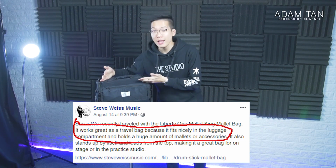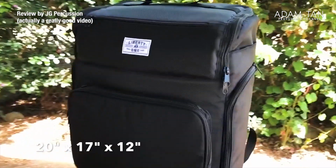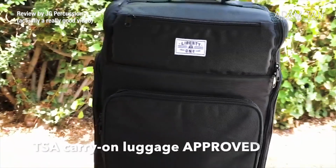Now, some people have actually said that this bag would be really good for travel, and some people have gone even as far as to say that this bag is carry-on approved and measures 20 inches by 17 inches. What? Unfortunately, this is simply not true,